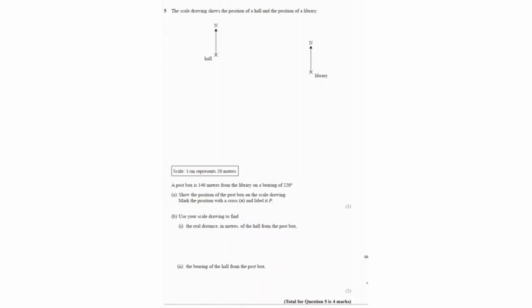This question says the scale drawing shows the position of a hall and the position of a library. A post box is 140 meters from the library on a bearing of 220 degrees. Show the position of the post box on the scale drawing, mark the position with a cross X and label it P. Now the scale says that 1 centimeter represents 20 meters, which means 140 divided by 20 will equal